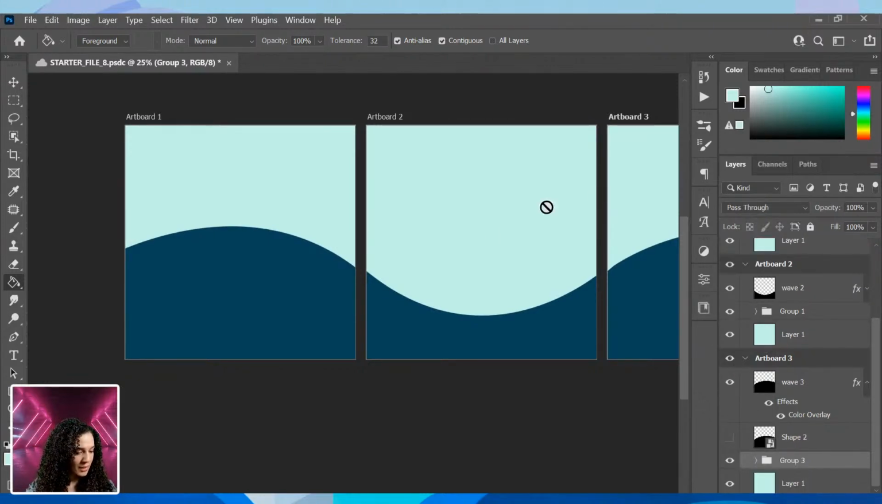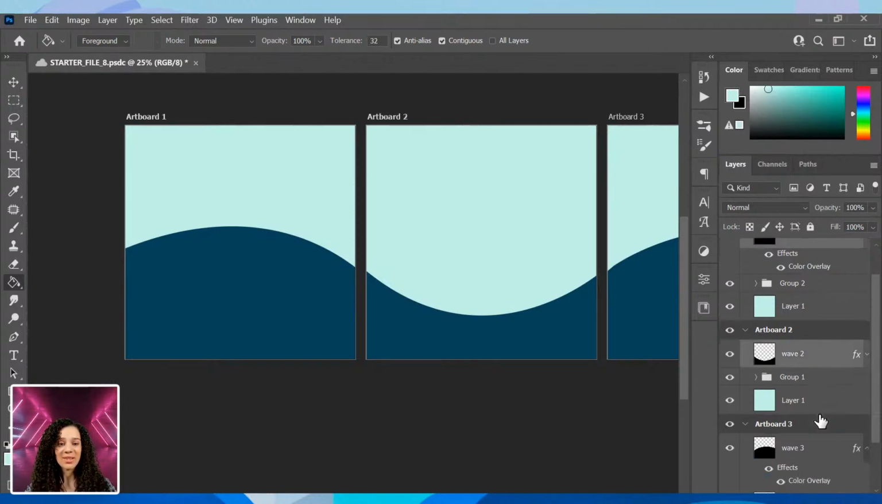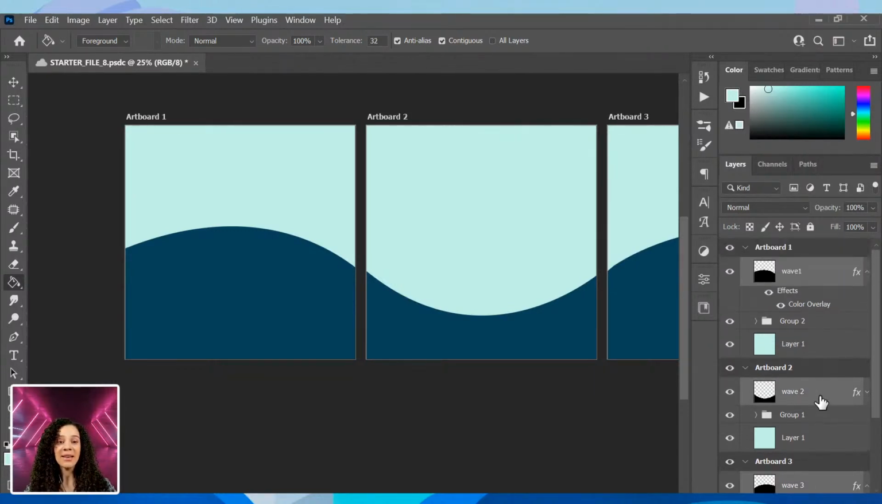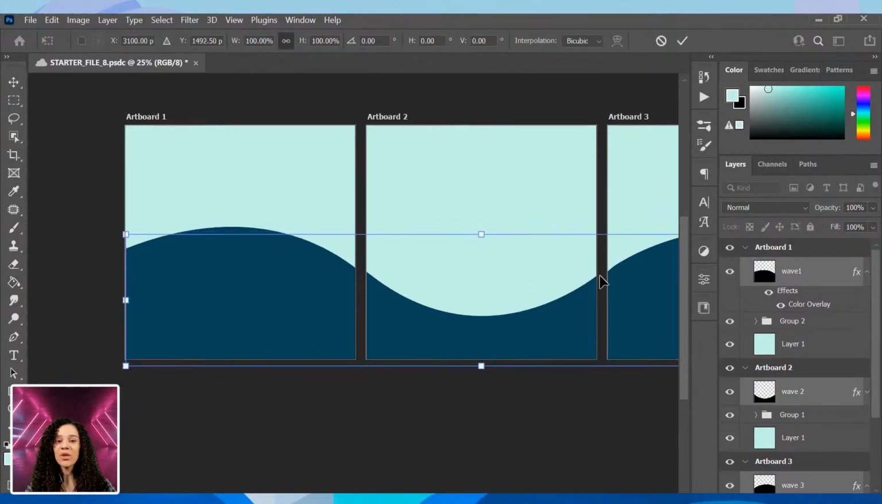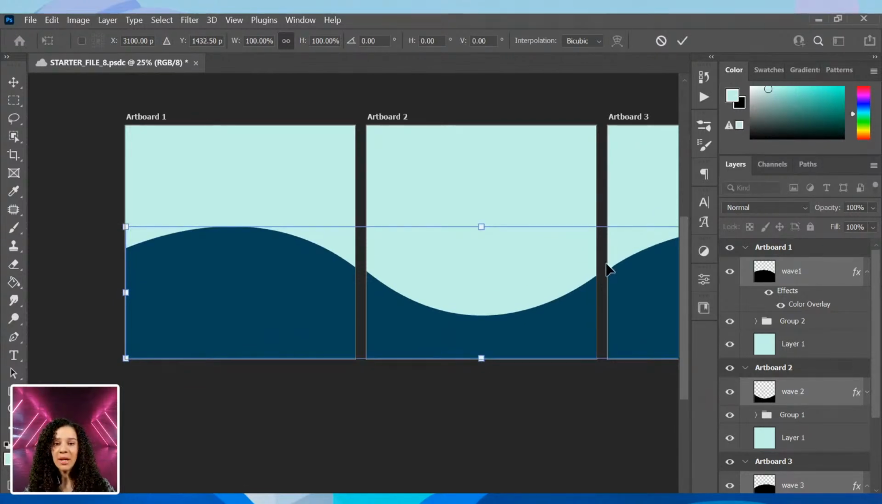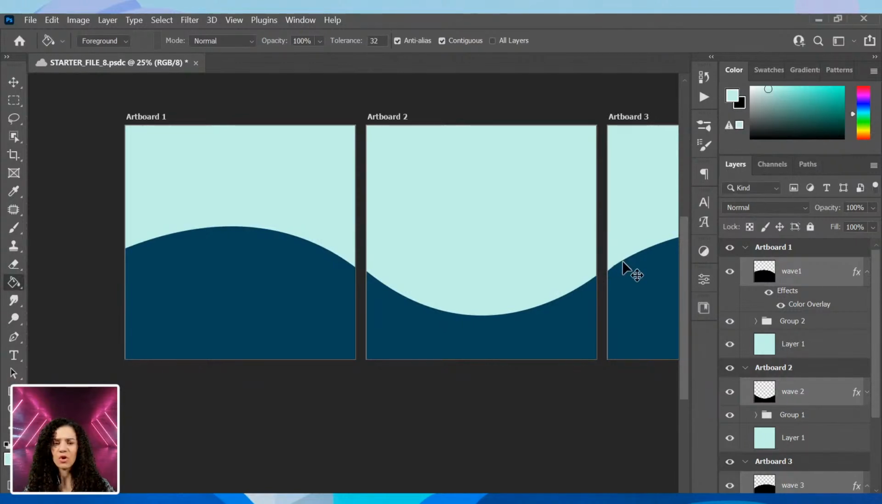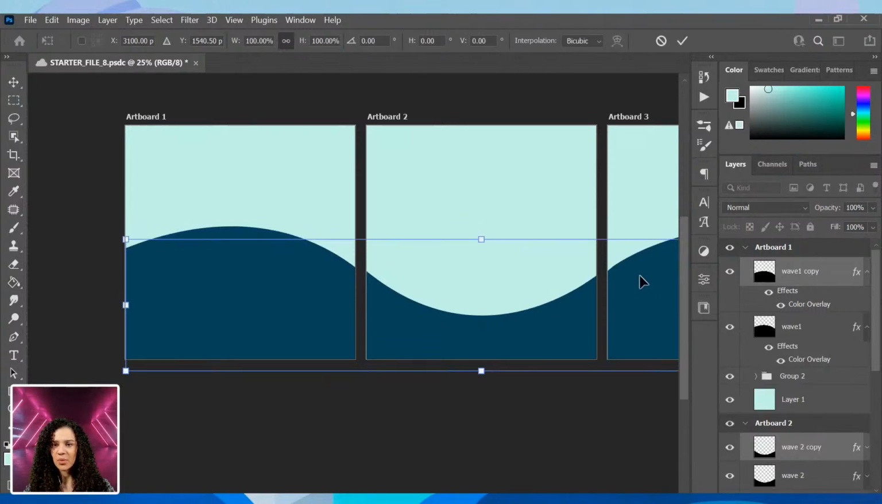So now I have my background, I have my wave, and I might want to get a little bit fancier with my waves. So I'm going to multiple select all of these waves. I'm holding Control or Command if you're using a Mac. Hold that down and you can select multiple layers within different artboards and things, and Control or Command T to transform them all at once. And you can use your arrow keys to bump it up and down. Before I transform that, however, I do want to press Control or Command J just to duplicate, and then I will Control T and bump it down,